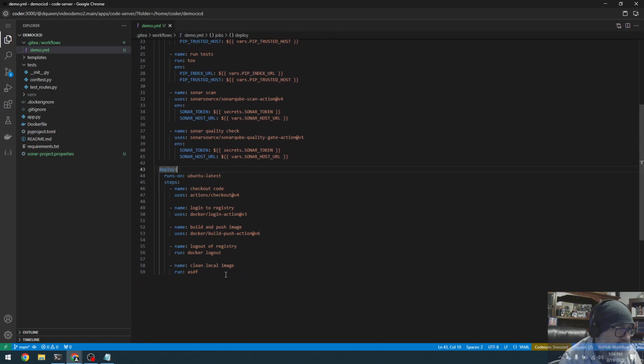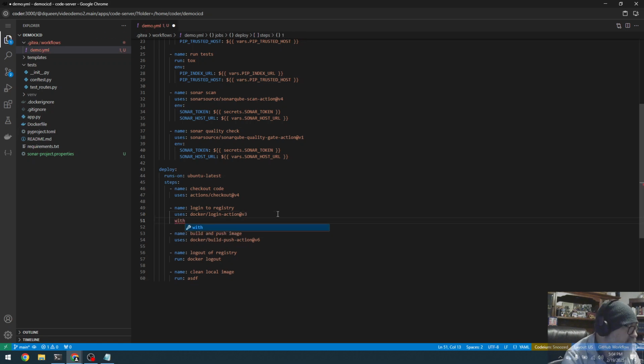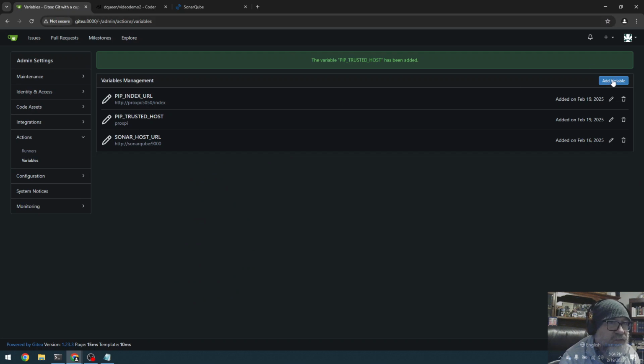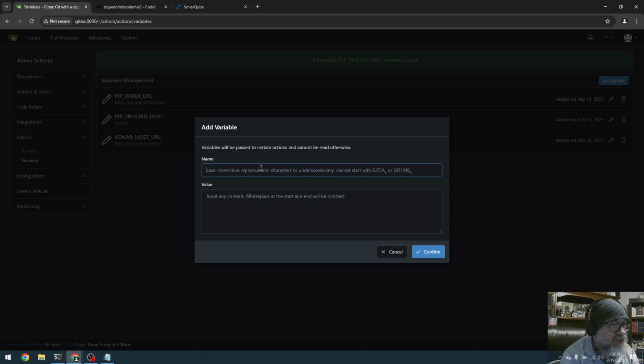So now we're down here on our deployment. I'm going to check out my code again. So logging into the registry. What we want to do here is I want to do with registry, and we're going to do username and password. So the registry is not going to change, really. So what I'm going to go ahead and do is create an installation-wide variable, we'll just call this registry host, and we'll do this one as